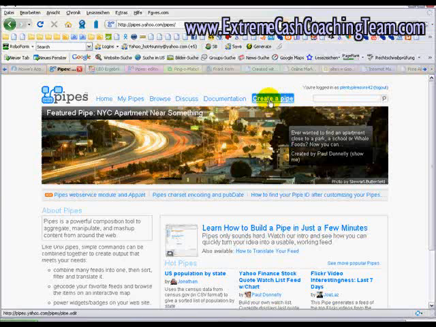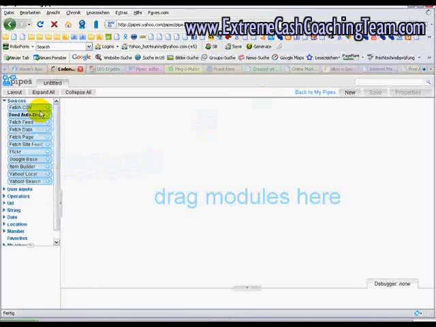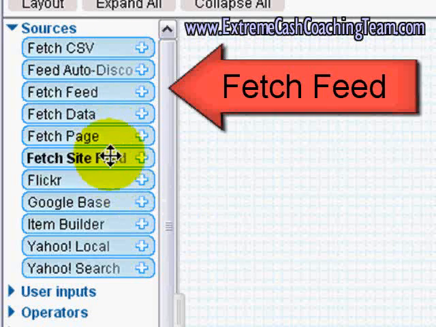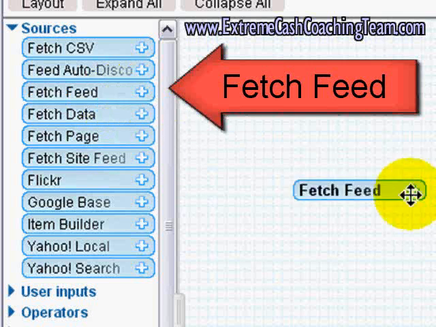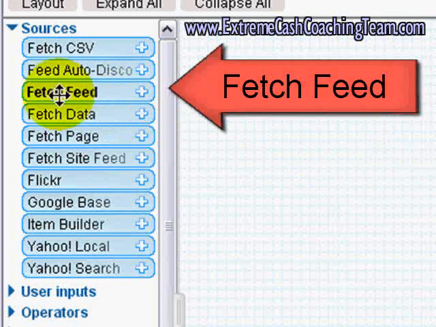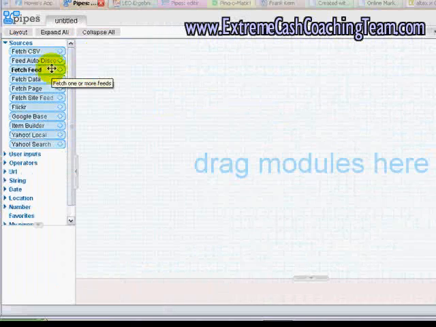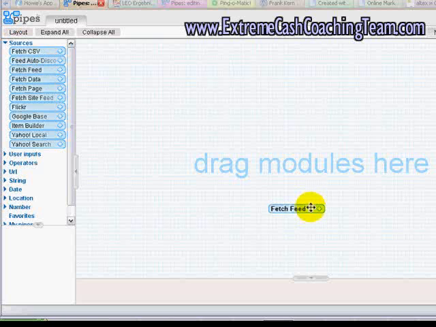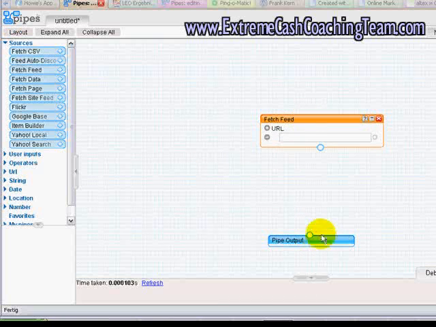So go on, create a pipe. Then here on the left side, go on the menu and take the fetch feed. You can drag and drop it, which means you go on the fetch feed, left mouse click it, press the left mouse button and just drop it here. And then a window opens up where you can enter your URL, which will be the URL of your RSS